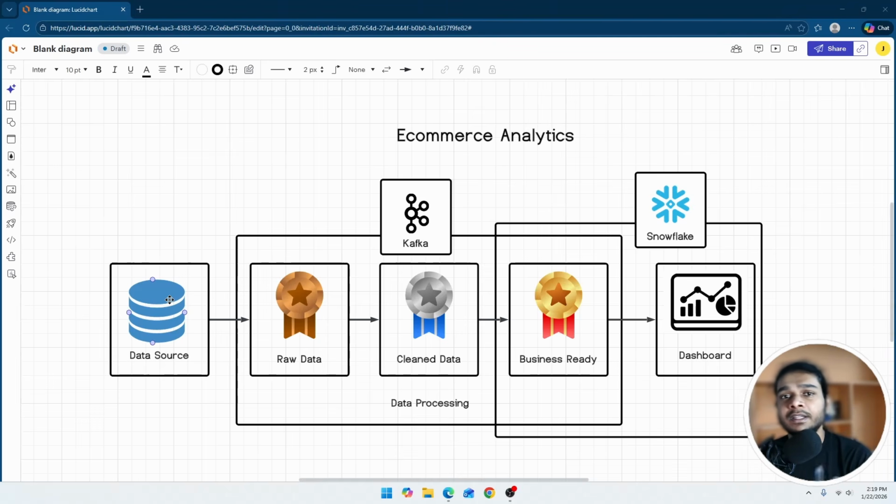So that is how the data source works. We create our own data source which produces fake data, and that produces the data continuously until we interrupt it manually. That is our data source, and the data from this data source will then be transferred to the raw data stage, which is basically storing the raw data. This is the raw data stage, which is just the raw data, and then